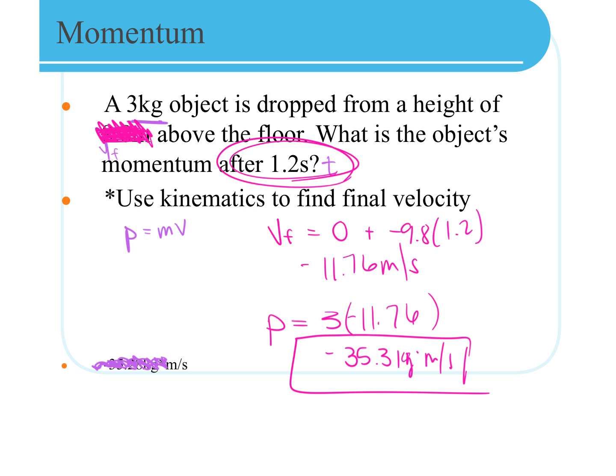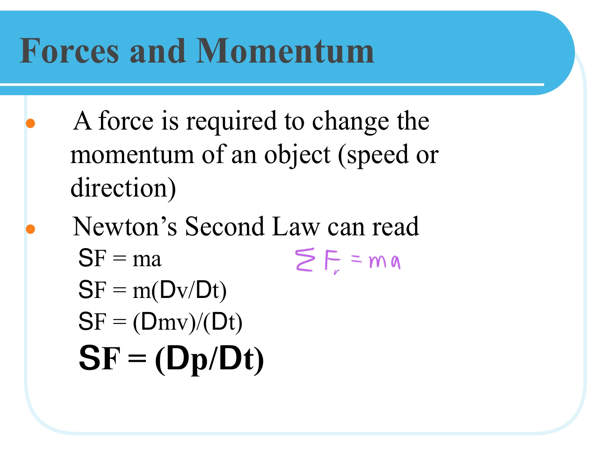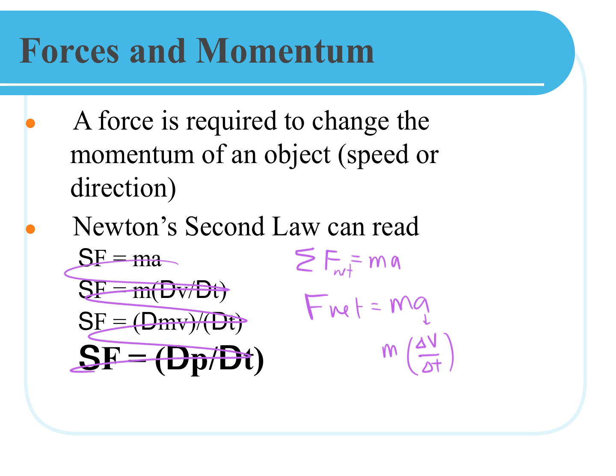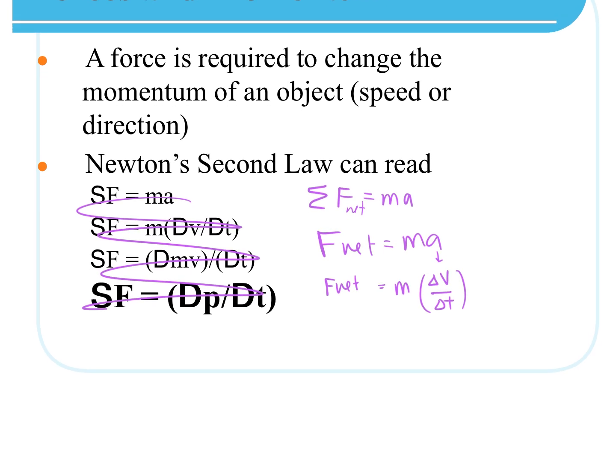Okay, wow. Net force is equal to ma. So we're going to ignore this, and I'm just going to walk it through. Okay, so we're going to walk from Newton's second law. Net force is equal to mass times acceleration. Acceleration is the same as change in velocity over change in time times mass equals the net force. You don't have to write all of this down. You just kind of watch if you want. Okay?